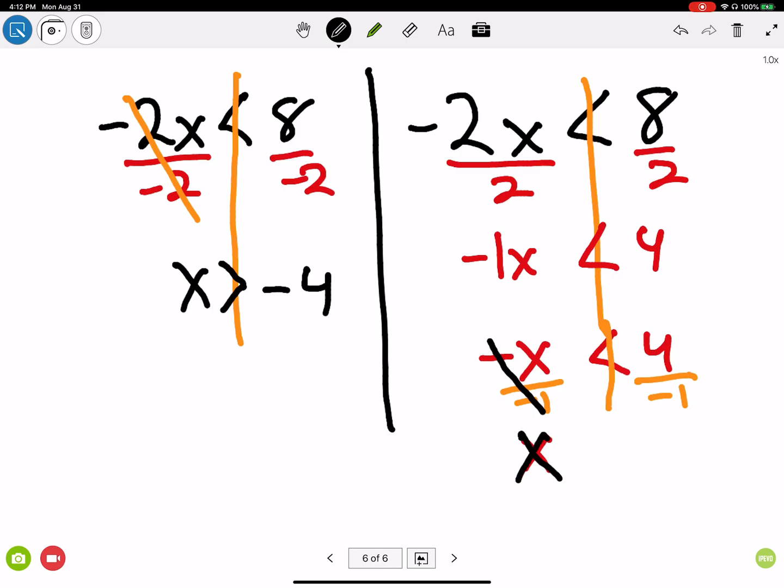I use the negative 1 to divide it into 4. That gave me negative 4. And since I was dealing with opposites, I have to flip my inequality to its opposite, which went from less than to greater than. Okay? So that being said,